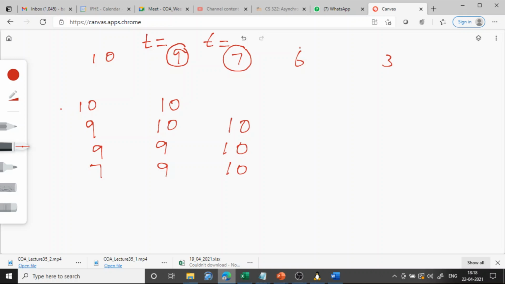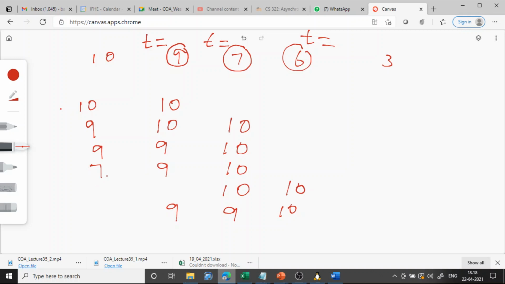Okay. Now this element we want to insert. This will be t. Compare it with the previous element. Is it greater than? Yes. So copy that to the next location. So 10 will come here also. Okay. Then compare the previous element with t. Is it greater than this? Yes, it is greater than. So 9 will come here. 9 also will be here.